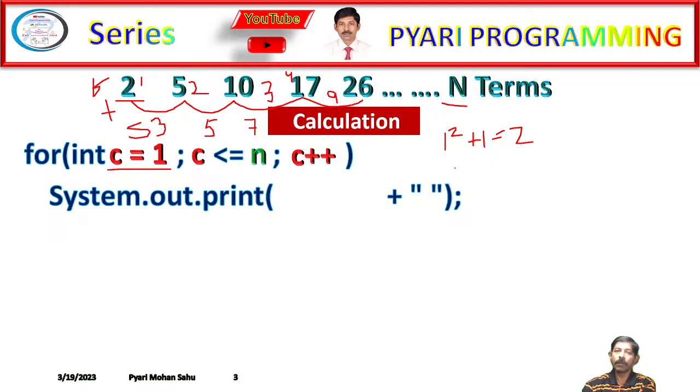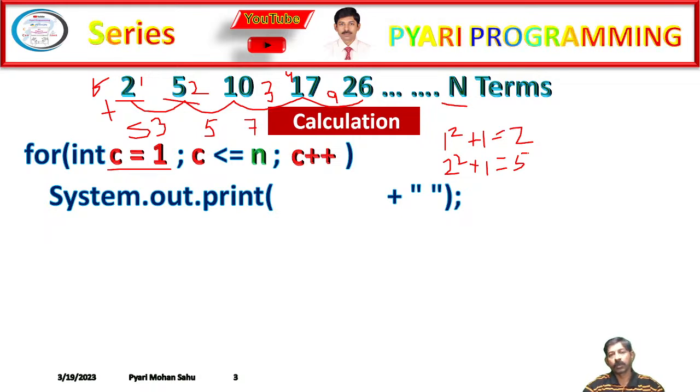Now, next I will apply with 2. Is it coming? 2 square. What is 2 square? 2 square is 4. Now, what is the gap? I need 5. What is the gap? Gap is 1. That is, I am saying plus 1. I will get 5. So, that means we can get a conclusion over here that it is the number square